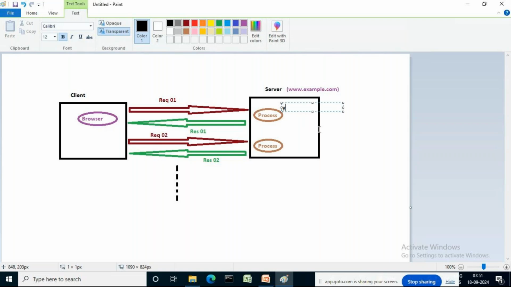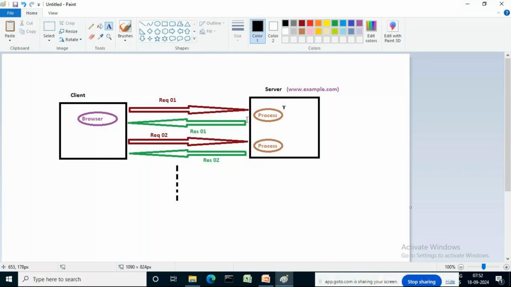And if it is minutes, then just understand that the performance of the application is very bad, guys. So it could be time in any unit. Let's say I call it Y. And then when the response is sent back from the server to the client,